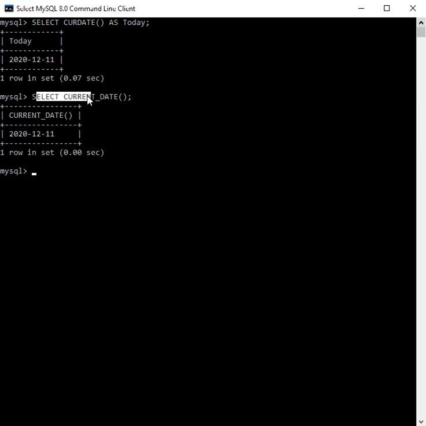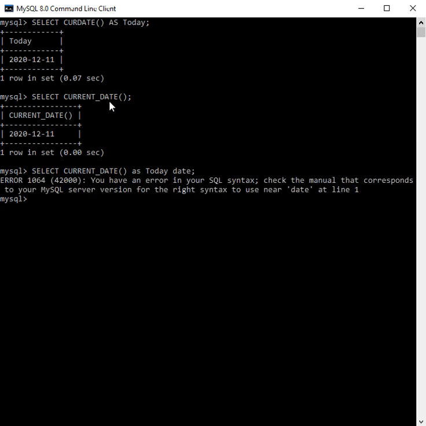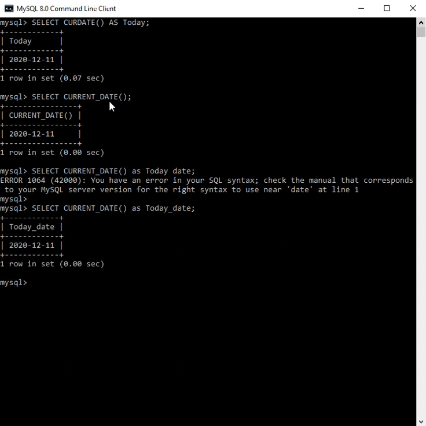If I now use an alias name for this, I have to use CURRENT_DATE as today date. Here date is a built-in data type, that's why it's giving an error, as you can observe. So I'm using an underscore, today_date. This is another way.